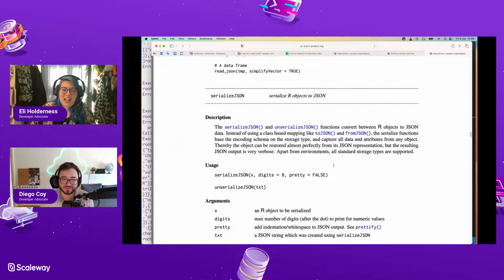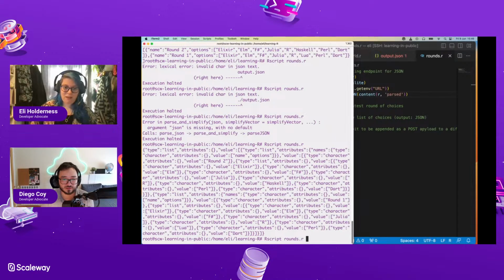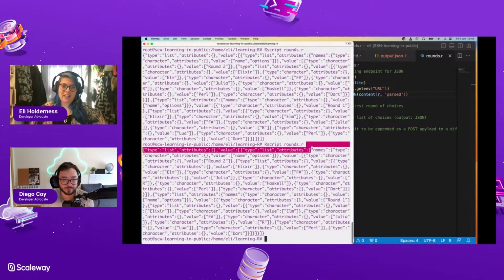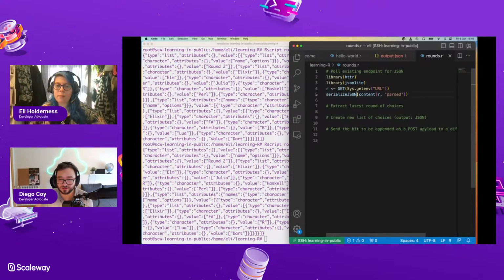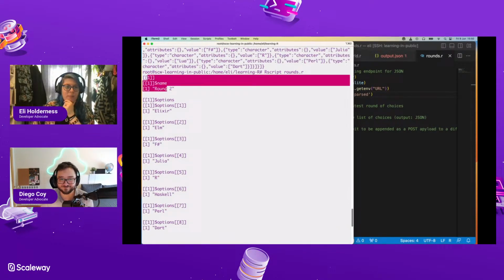What if you pass the string parsed as the second argument of the content function method? Oh, so hang on. So R, comma, and the string parsed, and then this, like that? Yes. Where have you seen that? Documentation of HTTR. It's giving me the exact same thing. Maybe I just want to output this and see what it gives me. It's giving me the same stuff as before with all those square brackets.